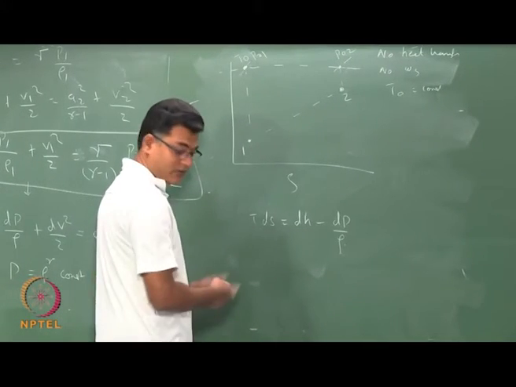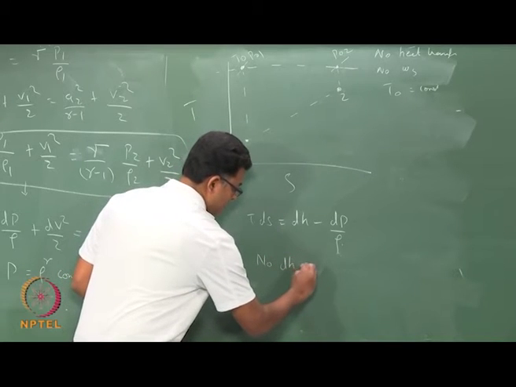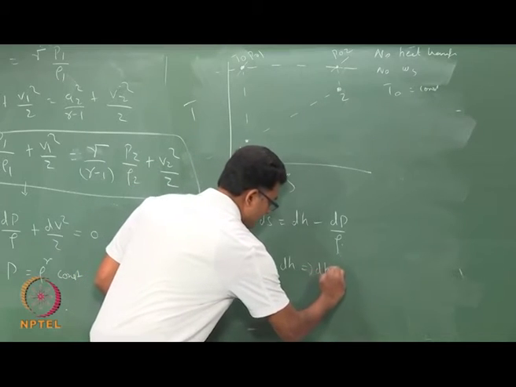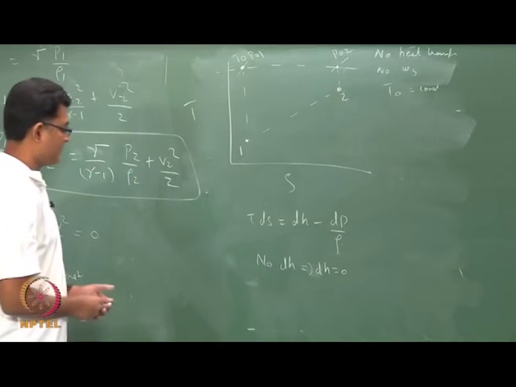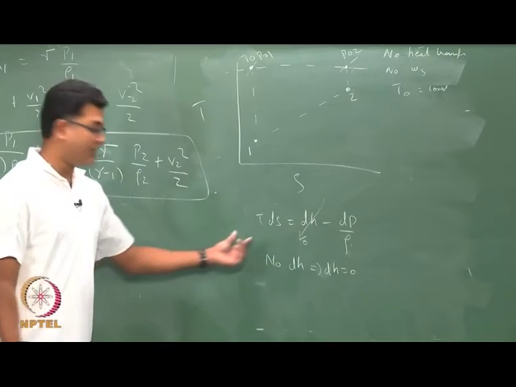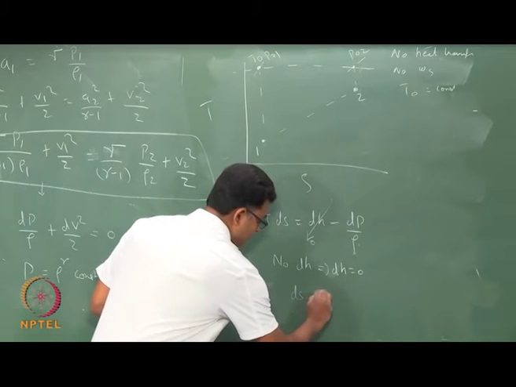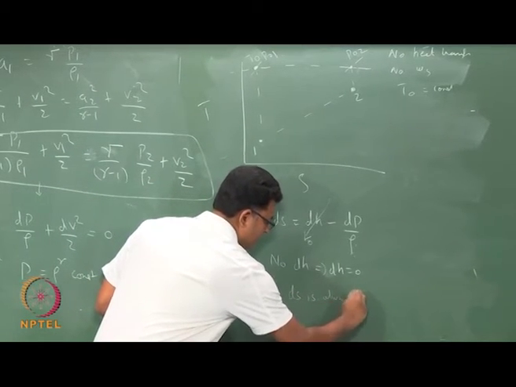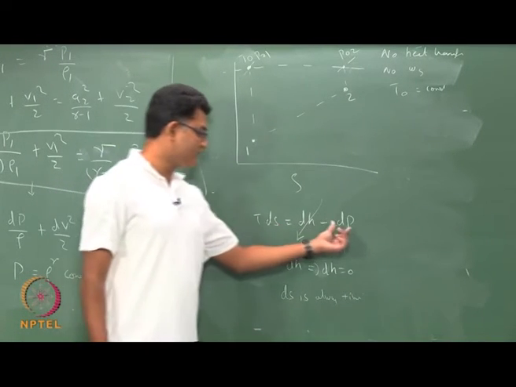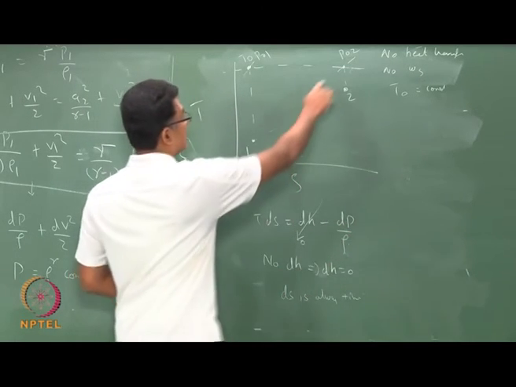No heat, no shaft work. So, we have already seen dH is 0. So, your dH is 0. Now, dS should always be positive. So, to maintain this, the only way you can have is dP should be negative, which means my P02 should